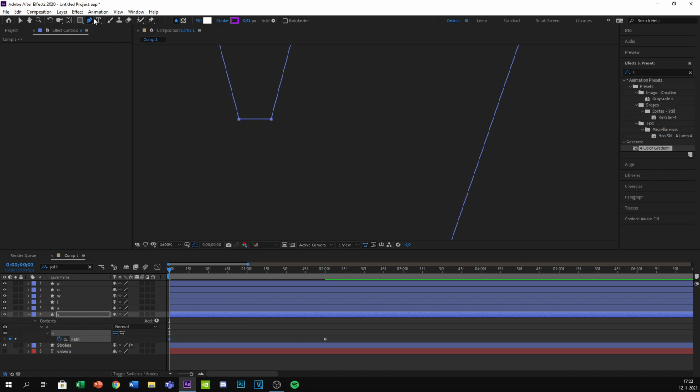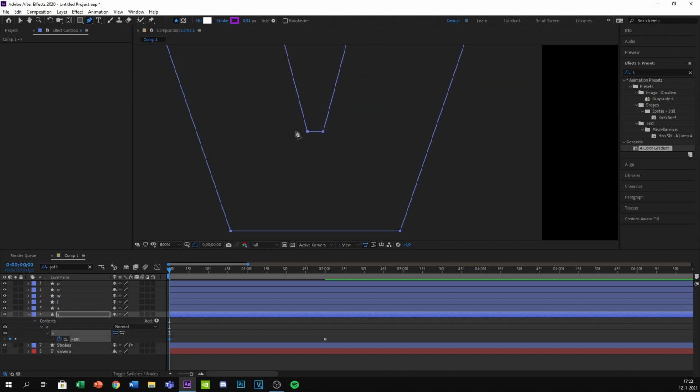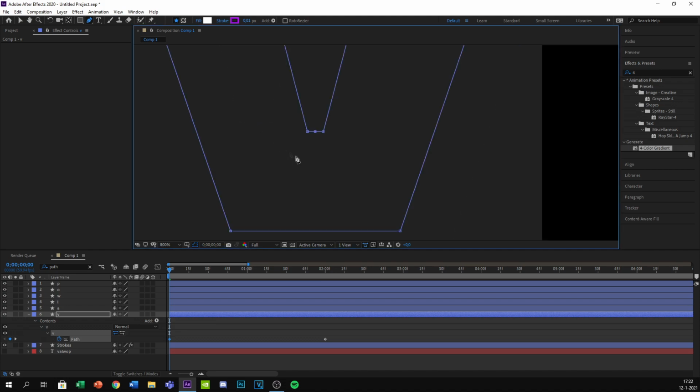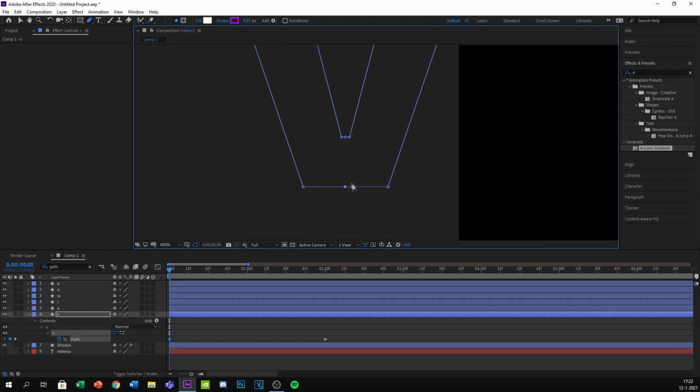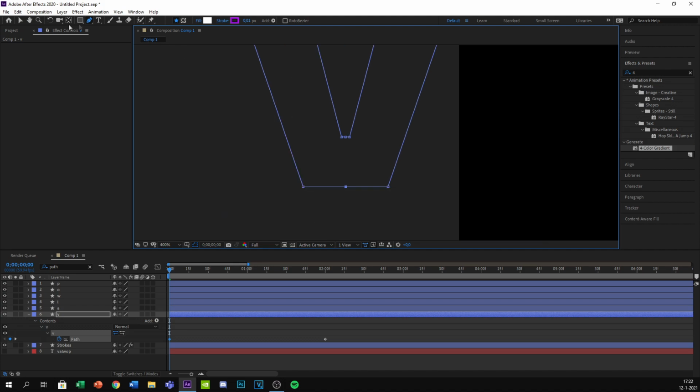So if you want to add some extra points for the V, because you can't just put it in the middle because it has this little gap, I don't know how to call it. So I need to add some points to have a nice stretch. Alright, stretch it right there. Wait, I did something, I made it messed up. Right here, add an extra point.